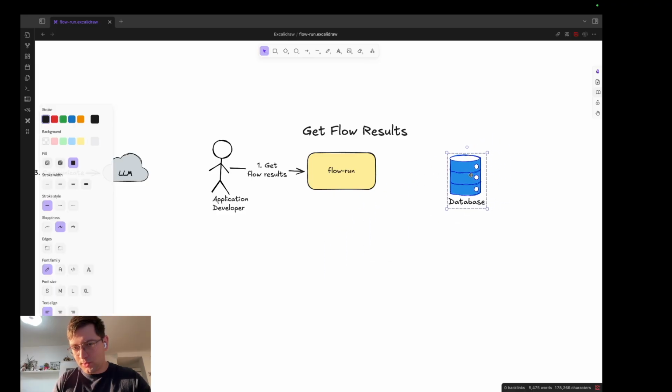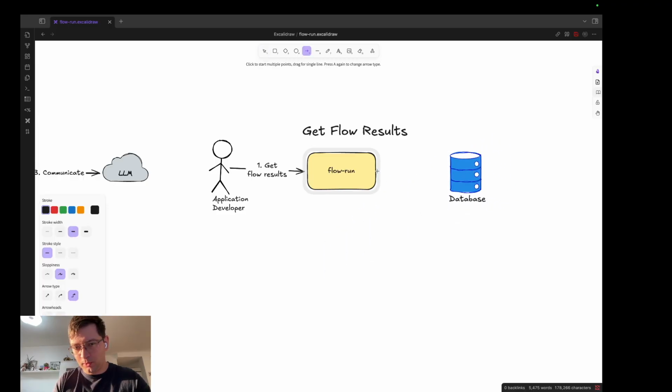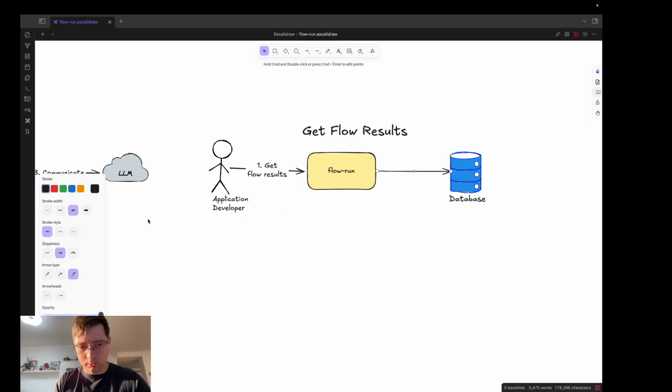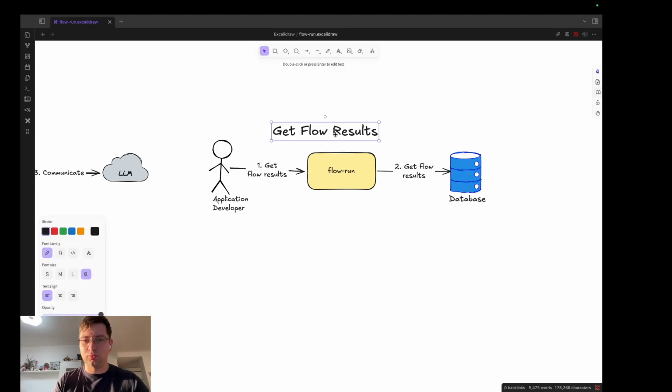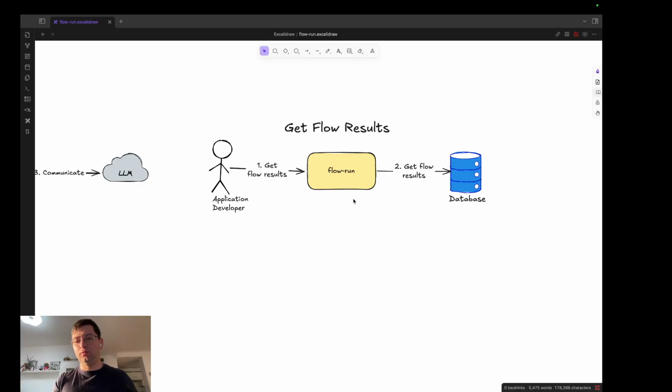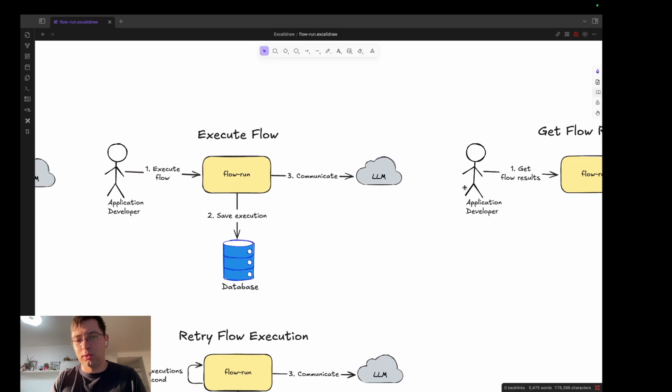Let's put the database here. So we are simply reading flow results from the database, and if